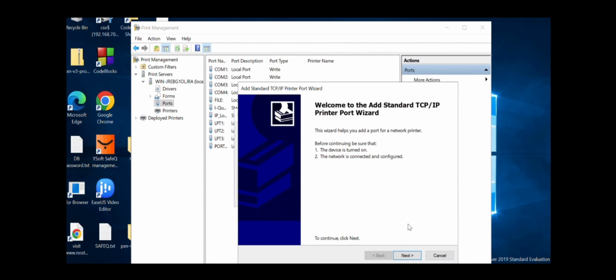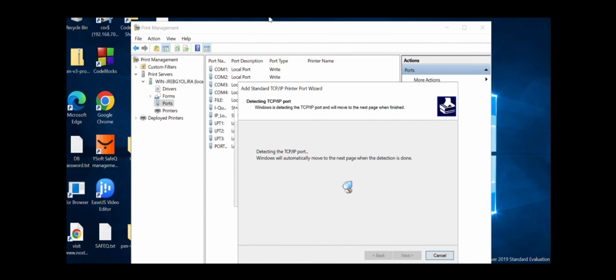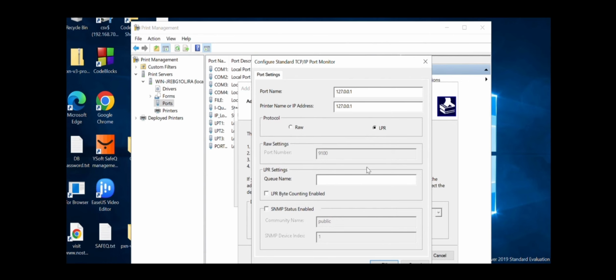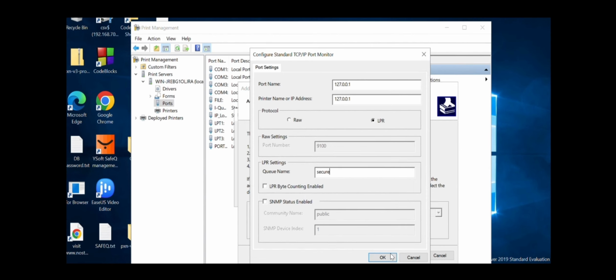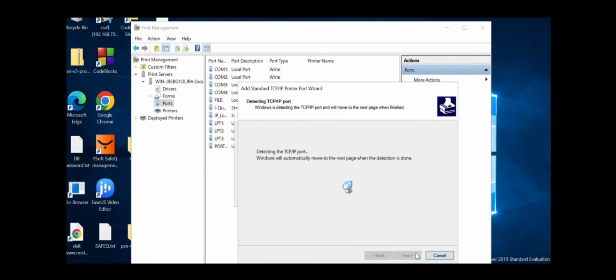So I'm adding multiple ports with the same settings, at least 5 to 6 minimum will be a recommendable practice. I will be adding 3 only here, since it is for demonstration purposes. As many as you can add will be really good. So here I am in settings, LPR, I'm giving secure. So I made a mistake here. Settings, let me see, give the port name as SQ2. Next,